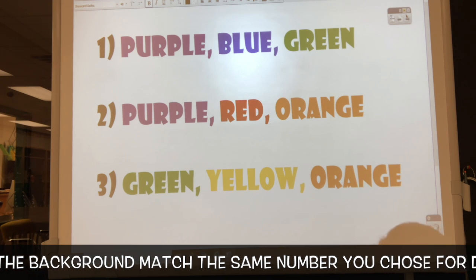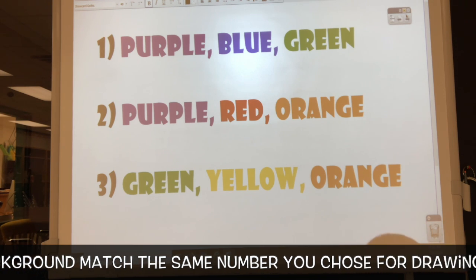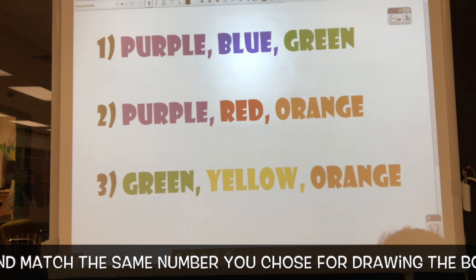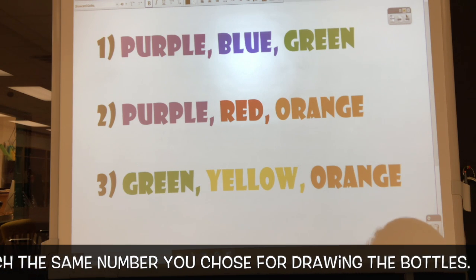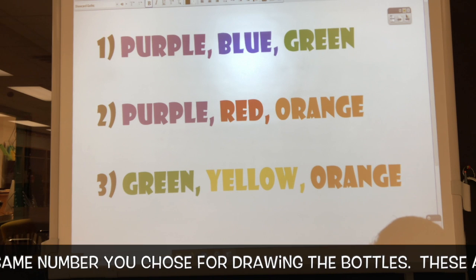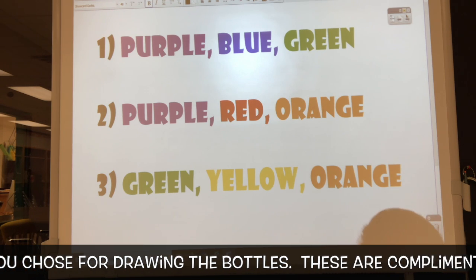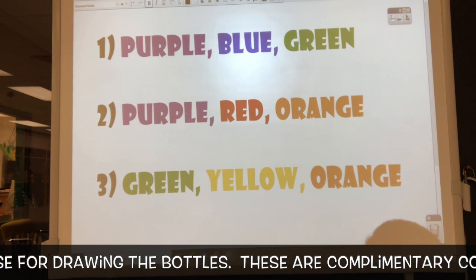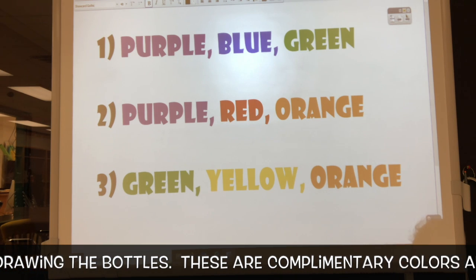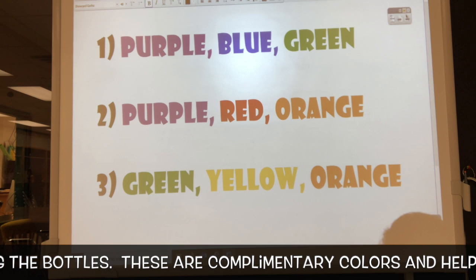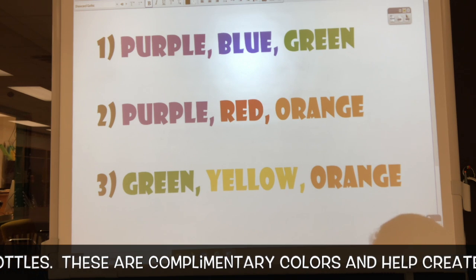So if you chose the analogous color number 1 choice, your complementary colors are number 1 up here. So I have listed them according to the 3 complementary colors that are opposite of the analogous colors that you had drawn your bottles in. You can use all 3 of them, you can use 1, you can use 2, but you want to use